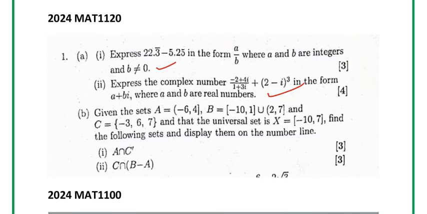That's what you have. Then look at number B. Number B, they have given us 2 sets. There's A, B, then there's C. And the universal set is from negative 10 to 7. It's closed on both ends. They want us to display the following expressions on the number line. So this can also be simplified, let me just simplify this. So this here is the same as, we have